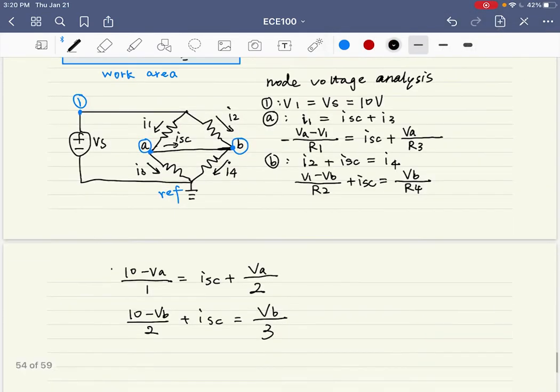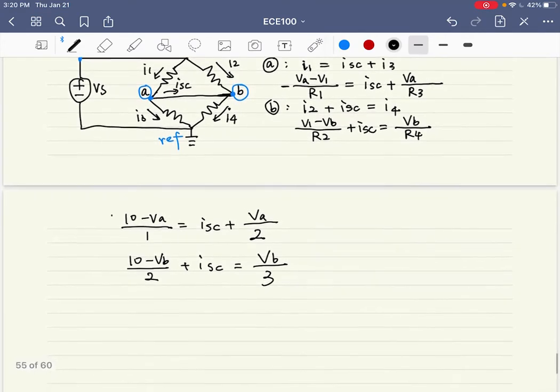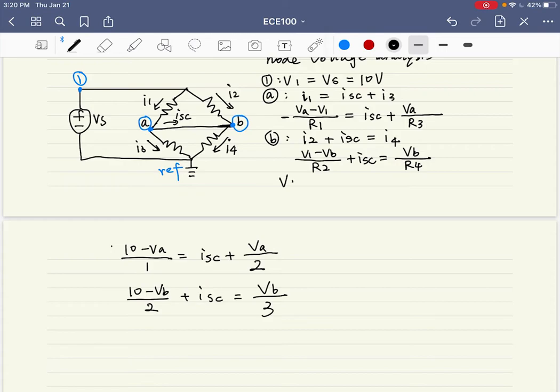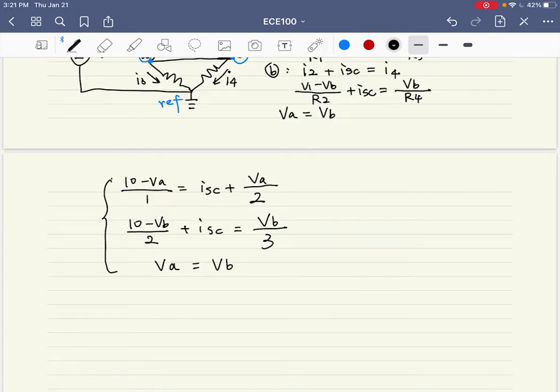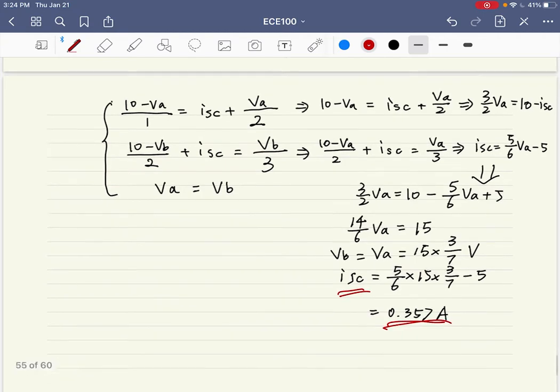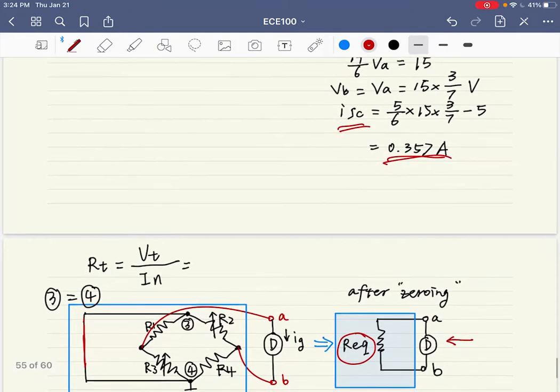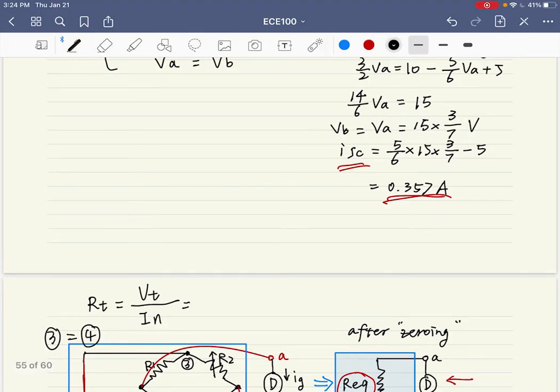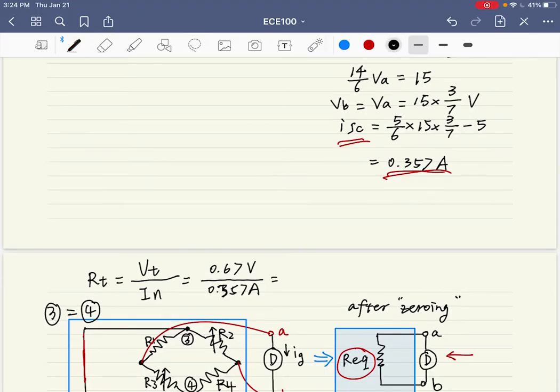And remember, we don't have resistance between A and B, so their voltage is the same, right? There's no voltage drop over the A and B equation here. Thus, we have 3 unknowns and 3 independent equations. Further simplified. Okay, so we get our short circuit current 0.357 A. By dividing VT with IN, we get